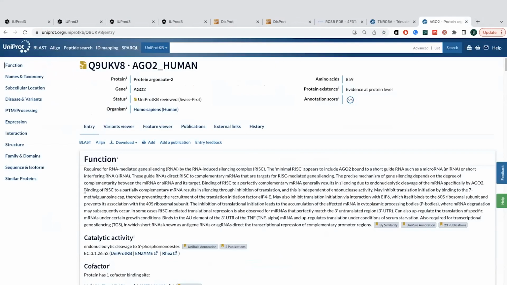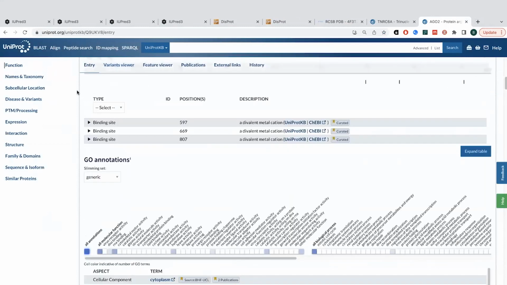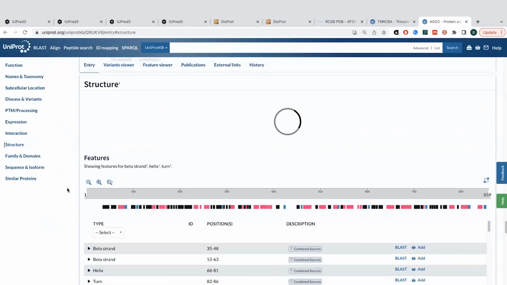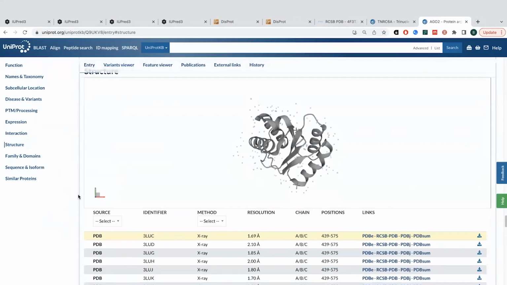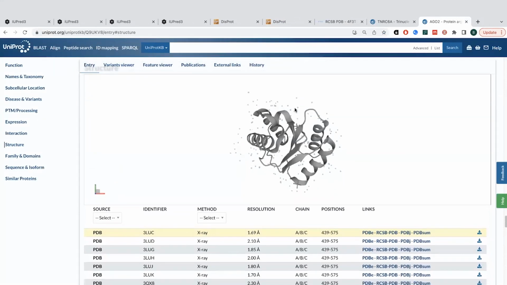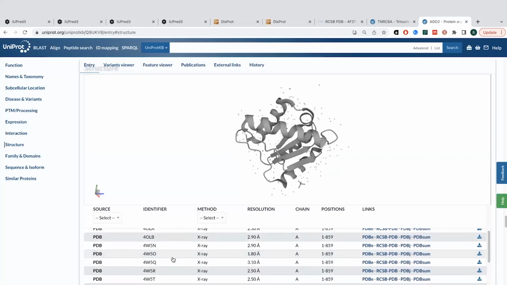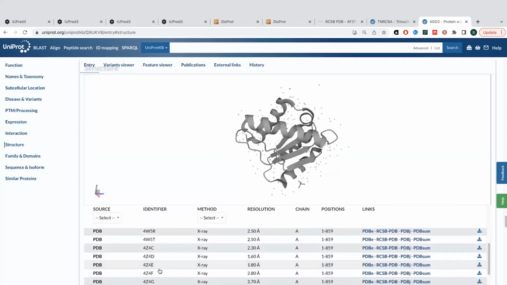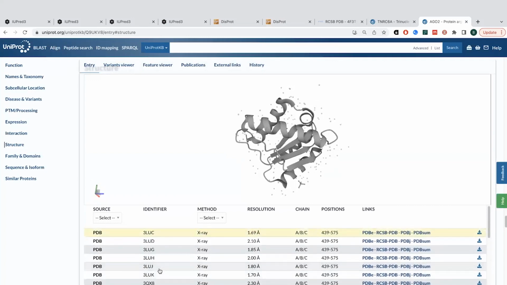What about if we look at the actual structure? So there are a couple of ways that we can get there. If we just put that accession code into UniProt, which might be where we got the accession code, if you go down to structure, it'll link you to PDBs, so the protein database with solved structures of it. Sometimes the default one might be a structure of just a single domain. The one we were looking at before was going to be for F3T, which was the structure solved